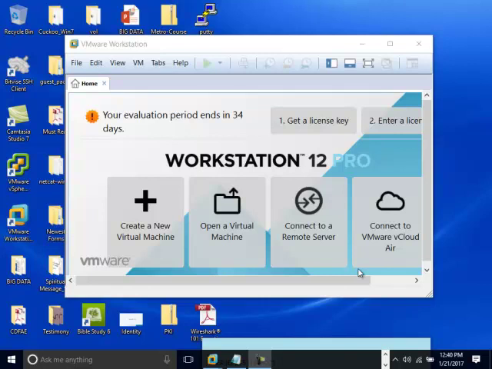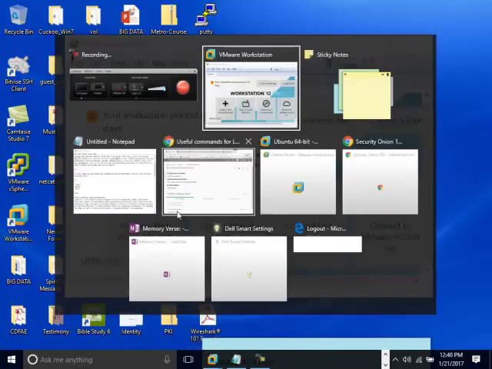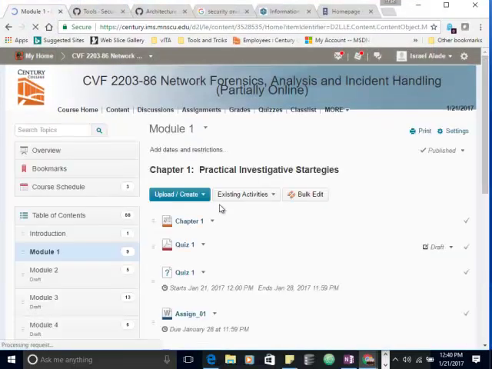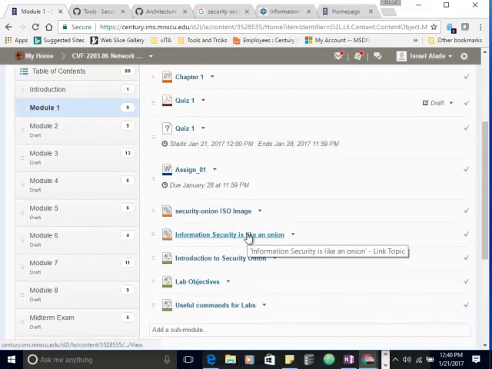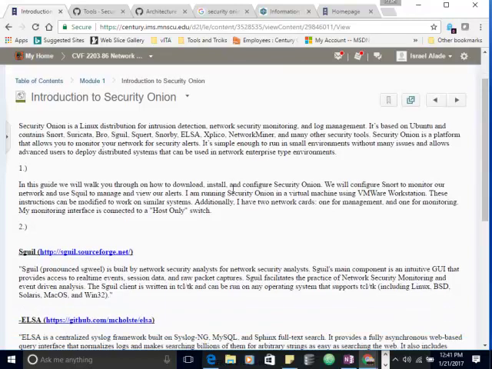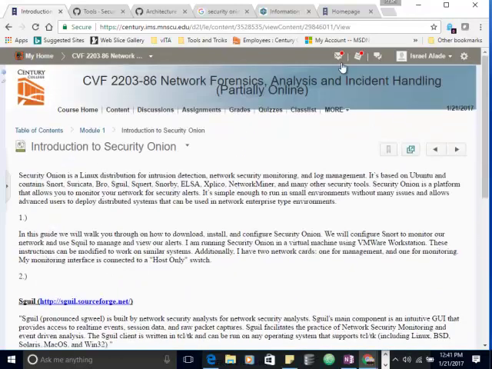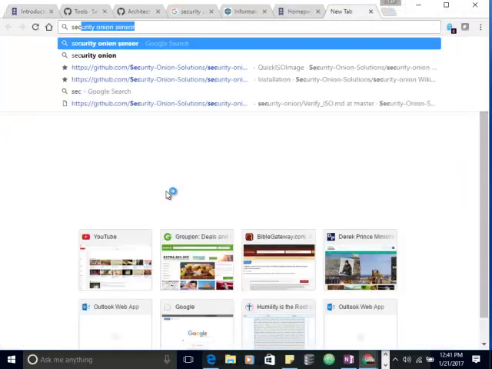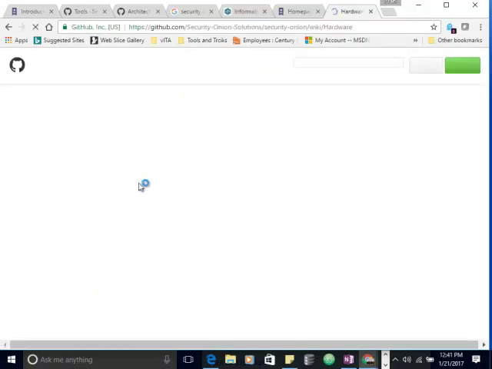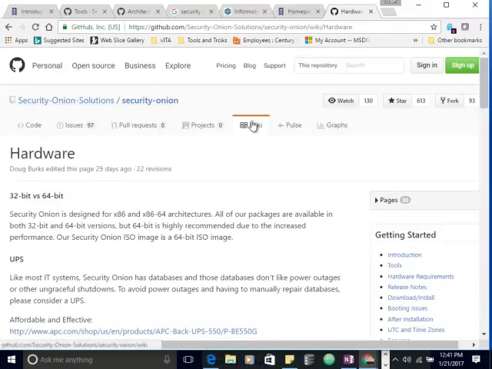So one of the things I want to show you, I've walked you guys through this earlier on in this class, because I think it's very, very important for you to be familiar with it. There is general information about Security Onion over here. Feel free to go there. And if you go online over here, this one, and you go to Security Onion, and go to Wiki,